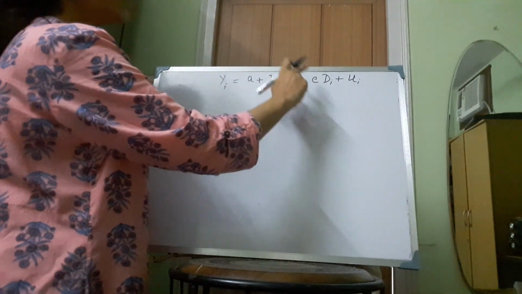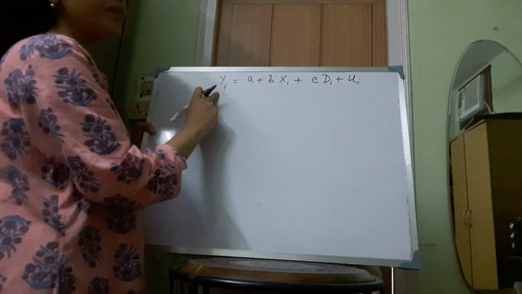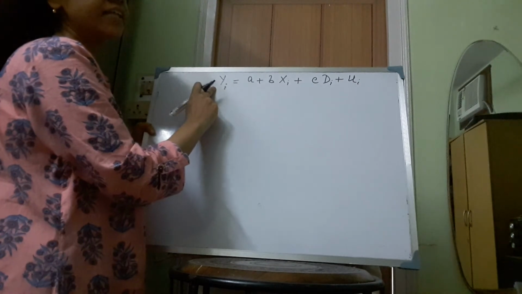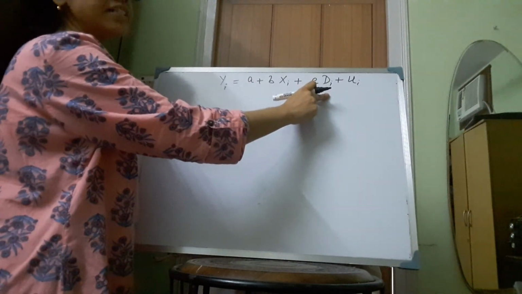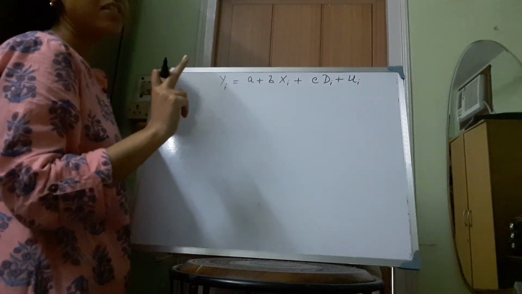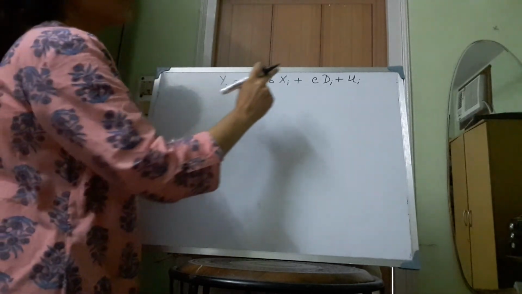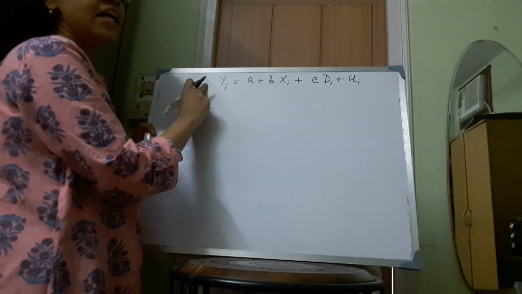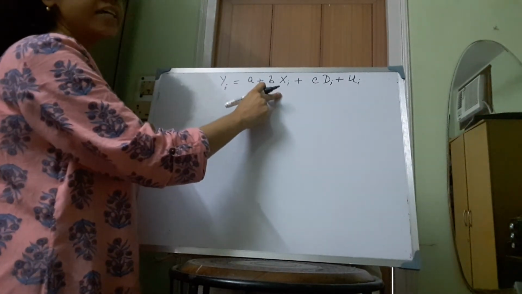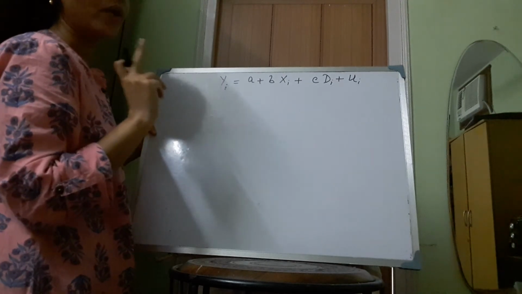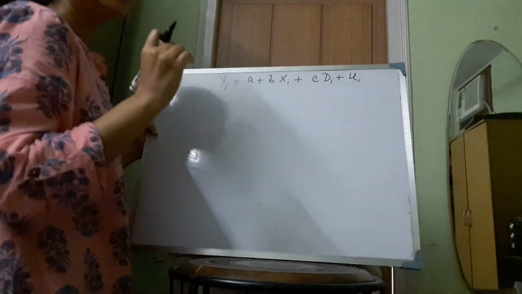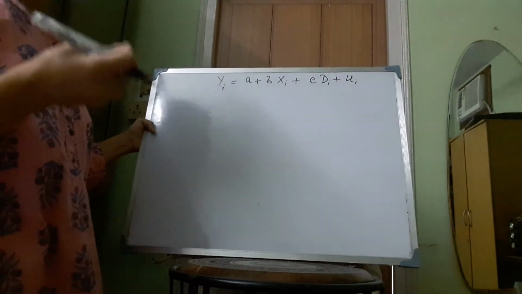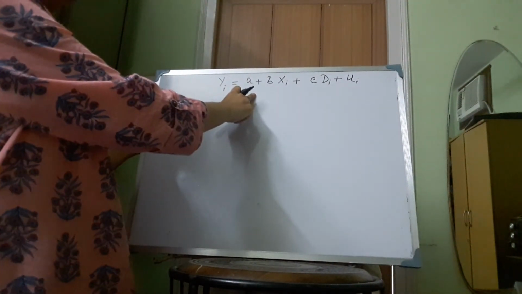So here we are trying to say that in the workplace the male workers get higher wage as compared to the female workers, even if their education levels are the same. So here our hypothesis is that male workers will always get higher salary than the female workers even if they are equally qualified. So we are trying to predict whether there is a gender discrimination in the workplace or not. So in that case we use the dummy variable regression.